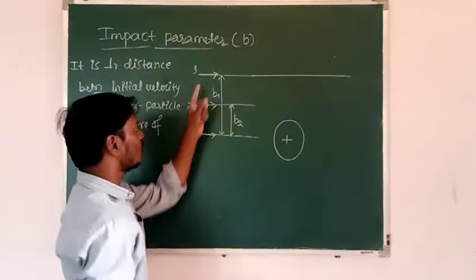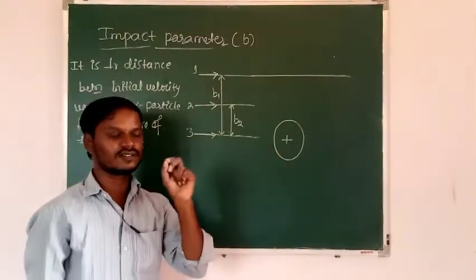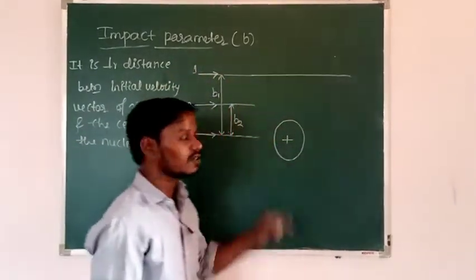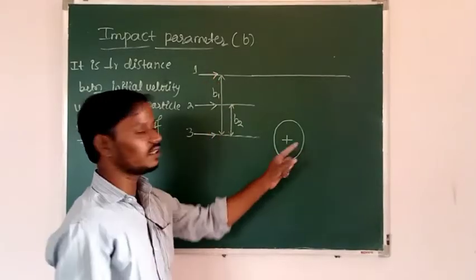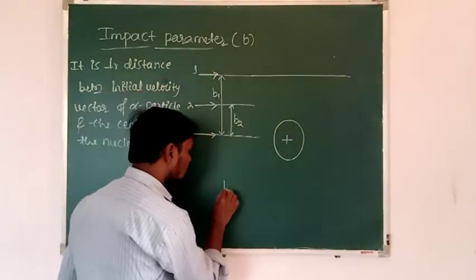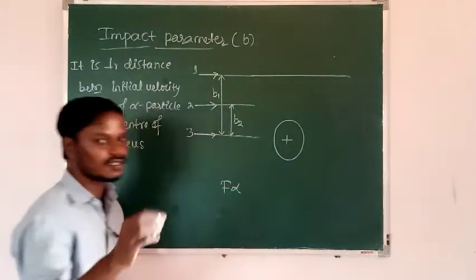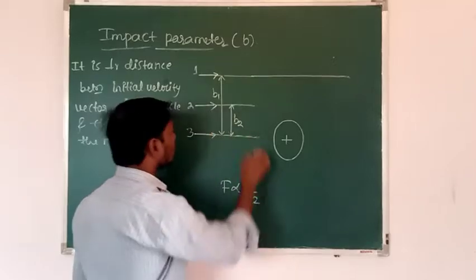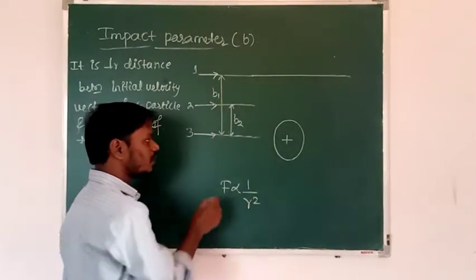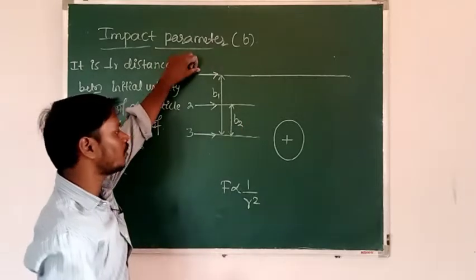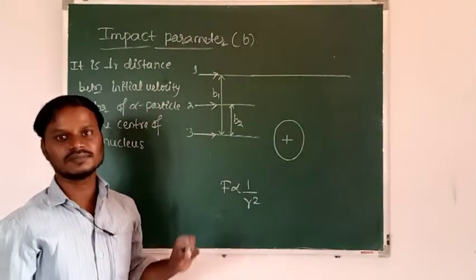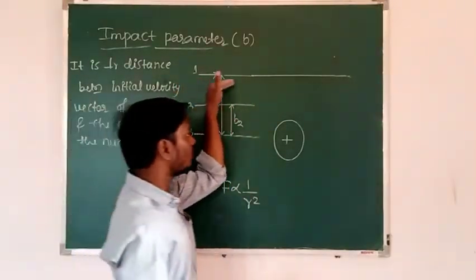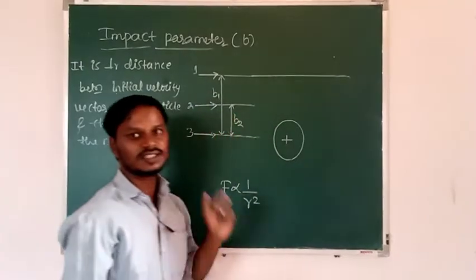Then this alpha particle will experience a very weak repulsive force, hence it will pass straight, because it is more away from the nucleus, and the force between two charged bodies is inversely proportional to the square of the distance between them. Here this distance is maximum, then the force is minimum, hence the force acting on the first alpha particle is weak, hence it will pass straight without any deviation.